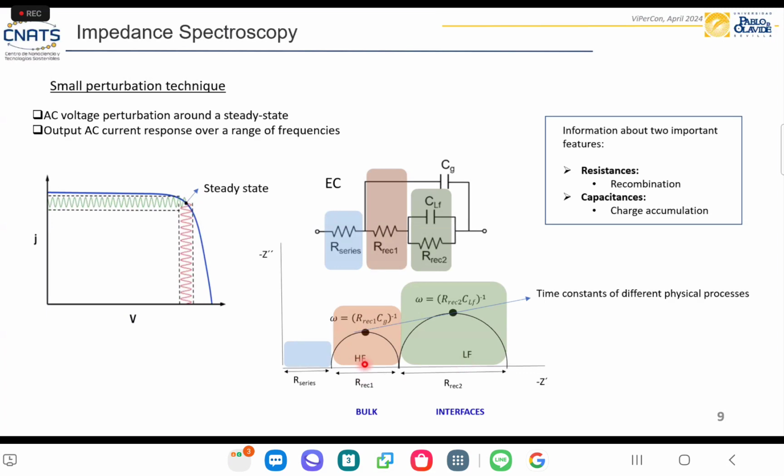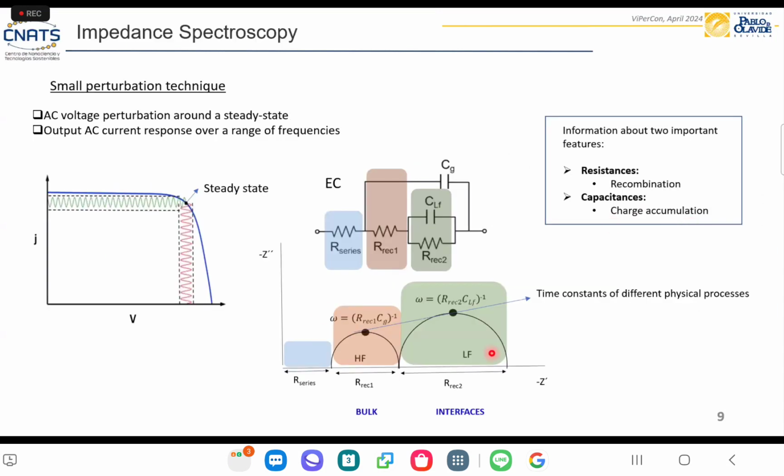The first arc, normally in the high-frequency domain, is normally associated with bulk processes. And the second arc, which is appearing in the low-frequency domain, is corresponding to processes at the interfaces or ionic motions. The maximum of the two arcs is giving us the time constants of the different physical processes that are giving the resistance to this small perturbation that we are provoking to the system. So the information about the impedance that we can get is about recombination processes and also about charge accumulation. So, said that,